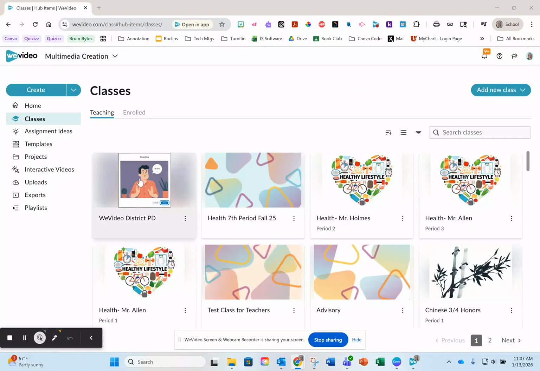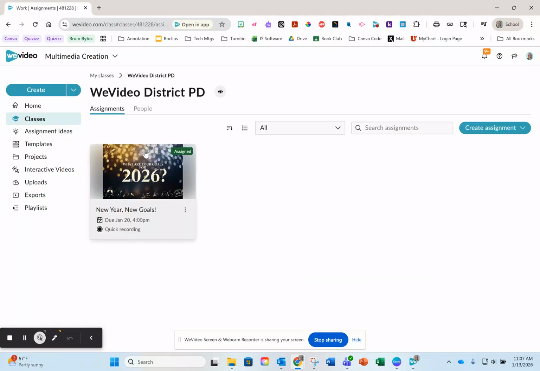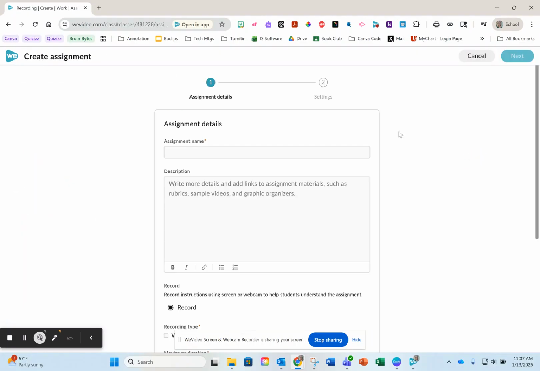And then you're going to go into the course that you made, and we're going to create an assignment and make it a quick recording. You put in the name of the assignment. And then you write what you want them to do, like